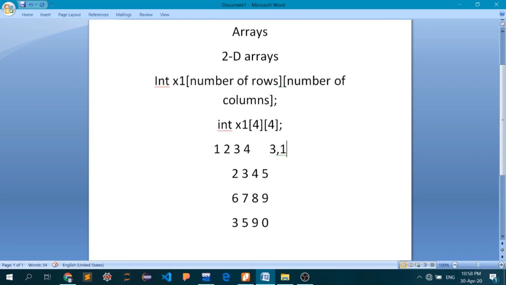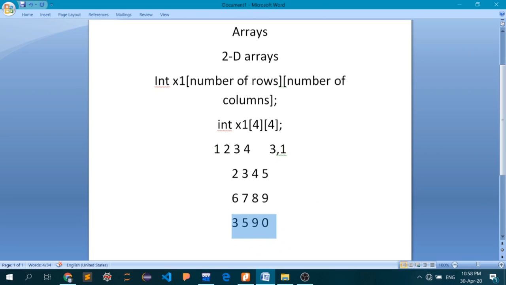Okay, and that is what we are going to do. We're going to ask the user to insert each and every value one by one. So we'll initialize two for loops. The first for loop will count the number of rows, and the second for loop will count the number of columns.